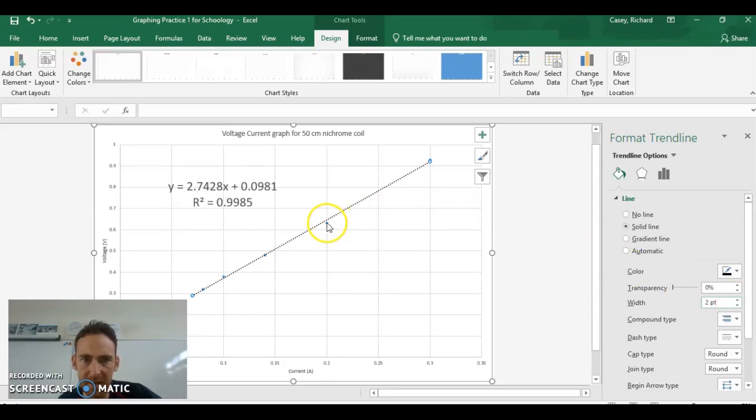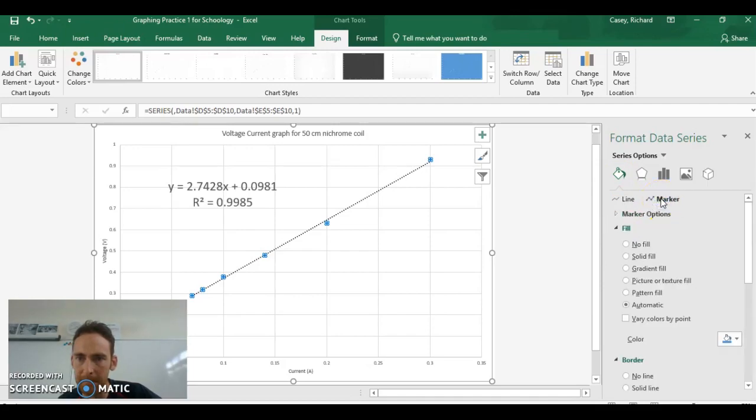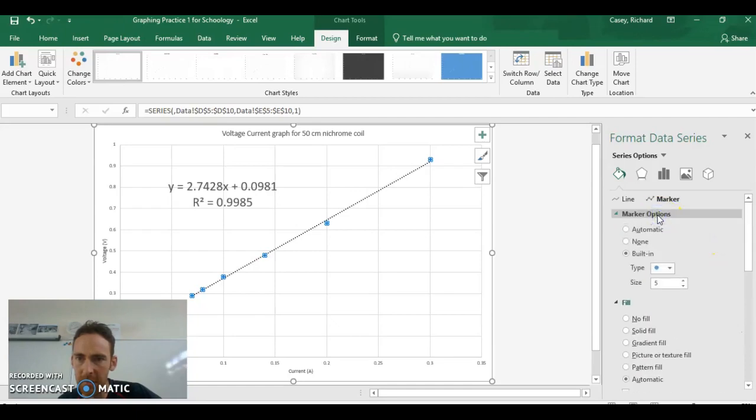The data points here also a bit small and difficult to see, so if I double click on those, again go paint tin, now this time go marker options. There's a few different options here. I suggest going down to the square here. It's like the third square down,